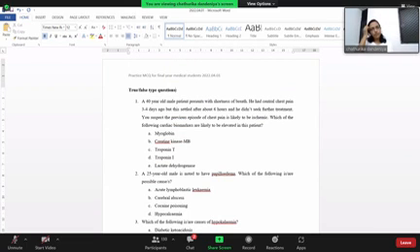So the first question: a 40-year-old male patient presents with shortness of breath. He had central chest pain 3 to 4 days ago, but this settled after about 6 hours and he didn't seek further treatment. You suspect the previous episode of chest pain is likely to be ischemic. Which of the following cardiac biomarkers are likely to be elevated in this patient? Okay, so this is about cardiac biomarkers and how long they persist after going up after an acute MI, because this is 3 to 4 days after the onset of the chest pain.